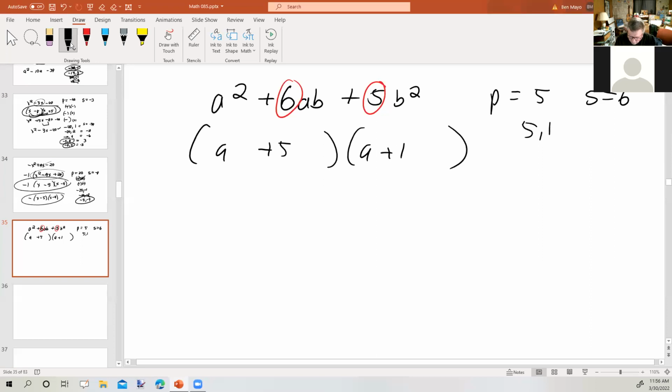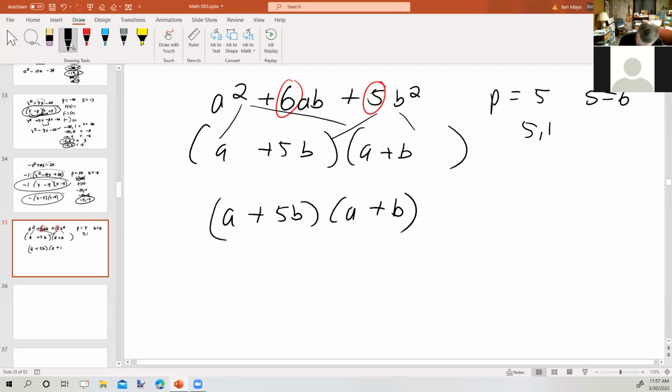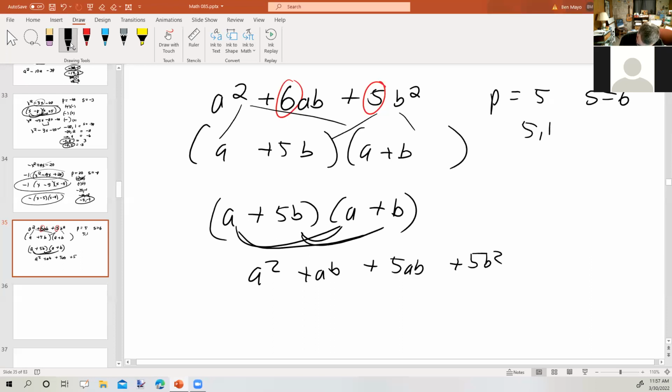Okay, B, I need the b squared. So just like I split up the a squared at the front, I'll split up the b squared at the end. So a plus 5b, a plus b. That's a squared plus ab plus 5ab plus 5b squared, combine like terms, a squared plus 6ab plus 5b squared,